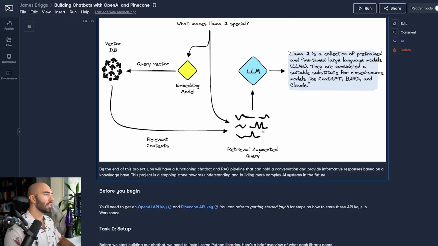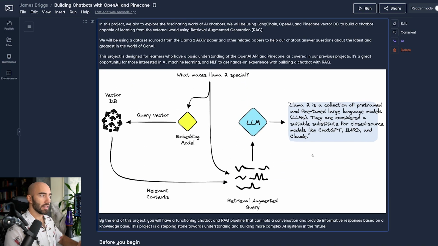So we're essentially going to be building this here, but as well as what you can see here, we're also going to have conversational memory. So we have a memory of what has been happening within the conversation. We should be able to see something like this. We're going to ask what makes Llama 2 special. We take that to our embedding model, we query our vector database, and we retrieve relevant context.